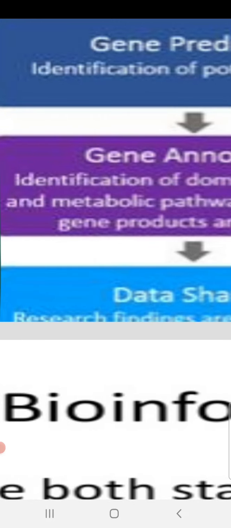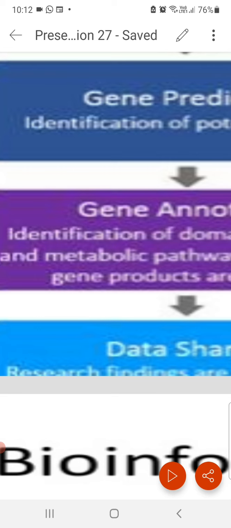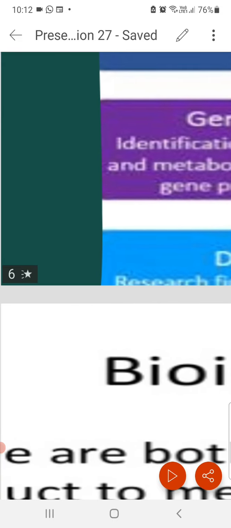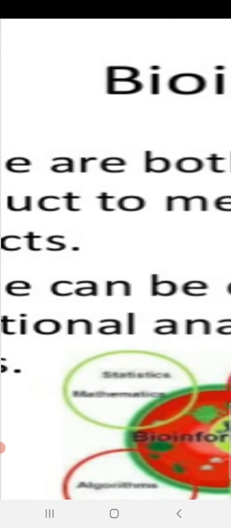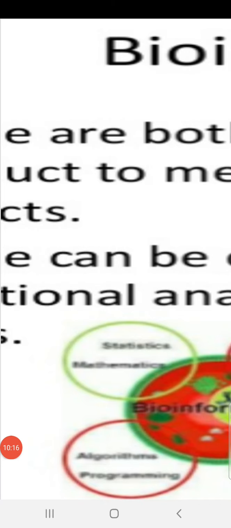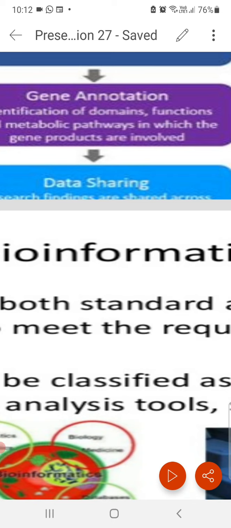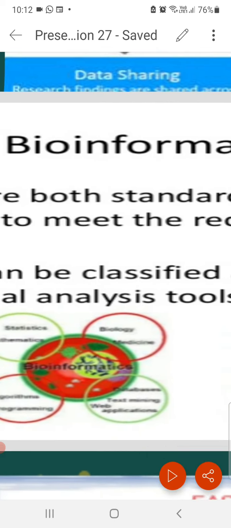3-letter codons. So those 3-letter codons are identified: which one is the first codon for a particular protein and which one is the last. Methionine will be the first amino acid in almost all the proteins, and the last codon can be any other codon. So gene annotation has to be very correctly analyzed, and